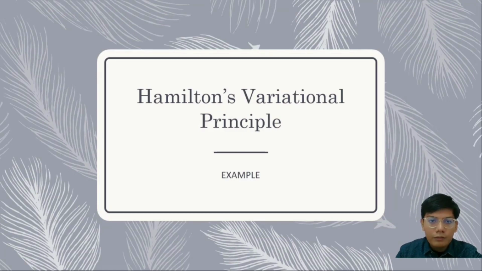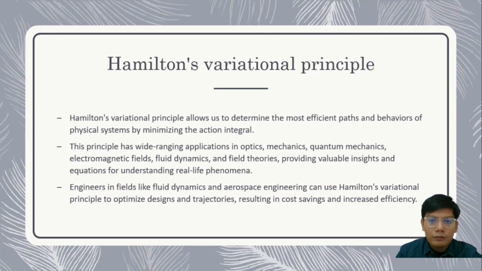Example of Hamilton's variational principle. Hamilton's variational principle is a foundational theoretical physics concept with far-reaching implications and applications across a wide range of disciplines. This principle allows us to determine the most efficient and optimal physical system paths, trajectories, and behaviors by minimizing the action integral. From the behavior of light in optics, the motion of particles in mechanics, and the wave-particle duality in